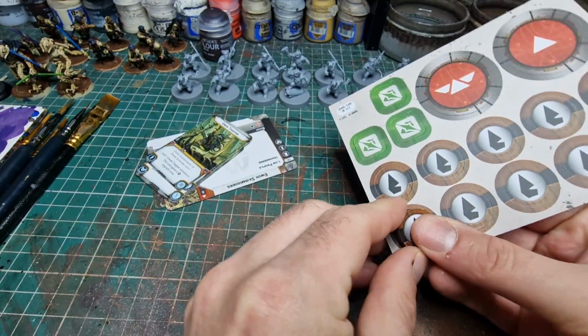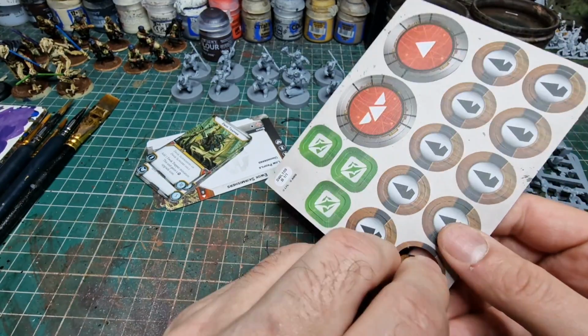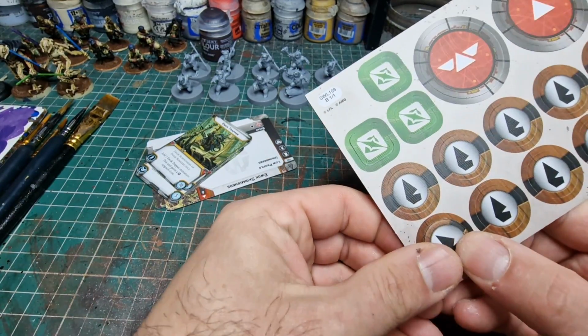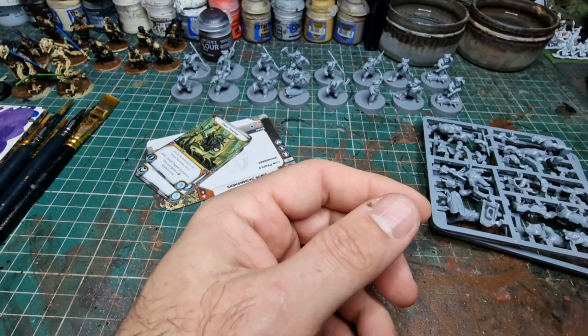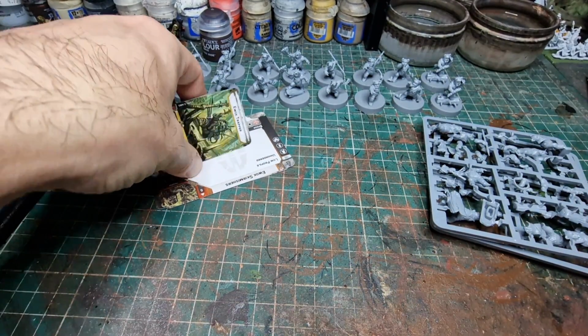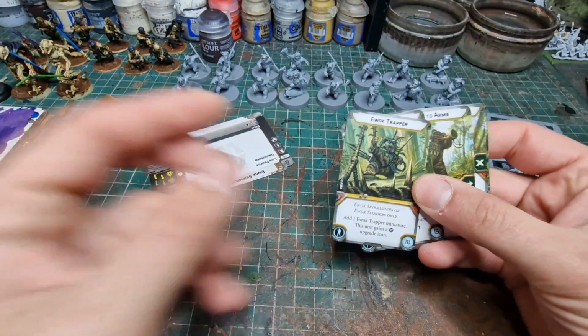I'll just pop one out. You can see the thickness. They're really good quality. So I'm going to put these to one side because I'm a token guy, but you guys aren't watching this for the tokens. Actually, realistically, you're probably just watching because you've been following me for a while, so you support regardless, and I do appreciate that. So what I'm going to do is have a look at the cards,